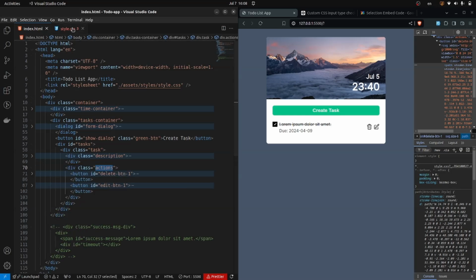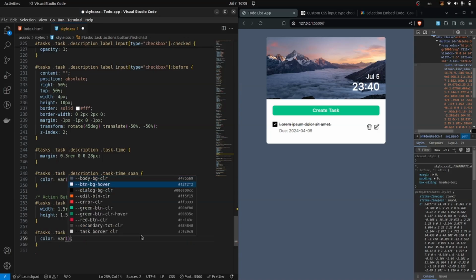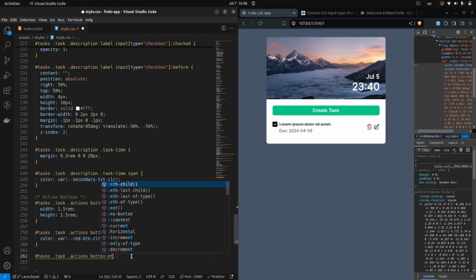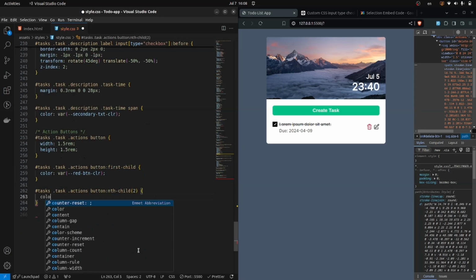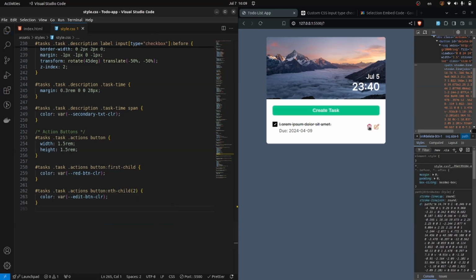We don't have classes for these buttons, we don't need to, we can just access them with first-child and second-child. So the first child is this delete button, and this color is going to be, let's say, the red button color, and the second child we can access with nth-child of 2, which is going to have the color for this edit button color. Okay, as you can see,